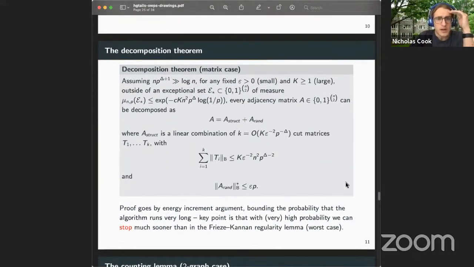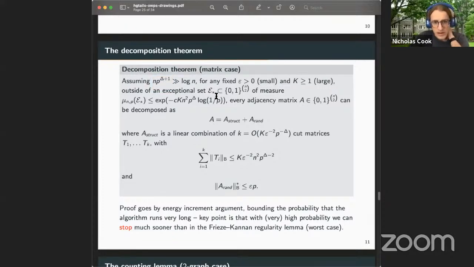Okay, and then for this so-called B star norm, we have a decomposition theorem. I've stated it in a way that's similar to the Friedgut-Kahn statement. It's just a bit more technical. So, if we assume some growth on n times p to the delta plus 1, so p can't decay too fast, then